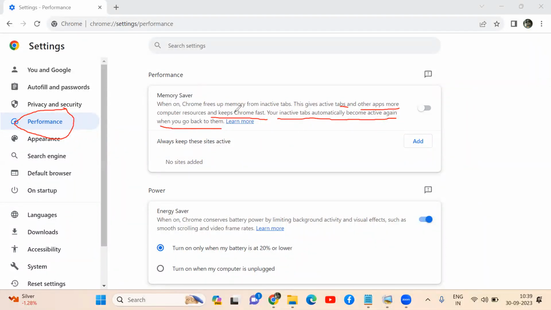So once we enable this, Chrome will automatically release the data resources of tabs which are not active. So now I'm enabling it. Just enable it and close the